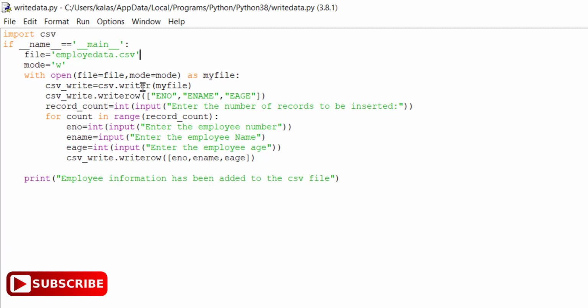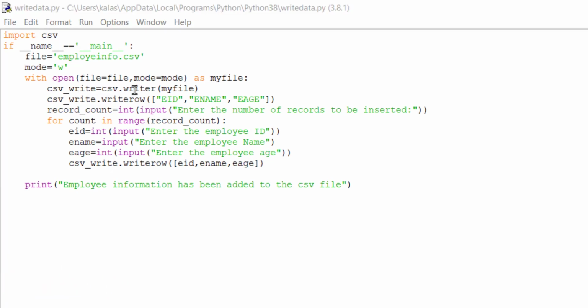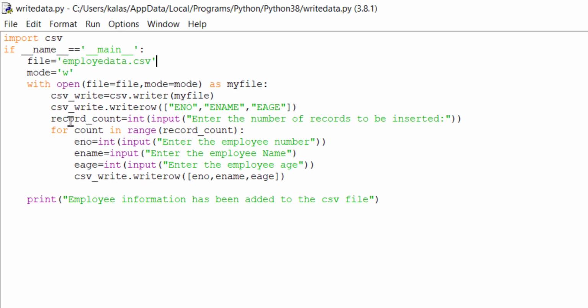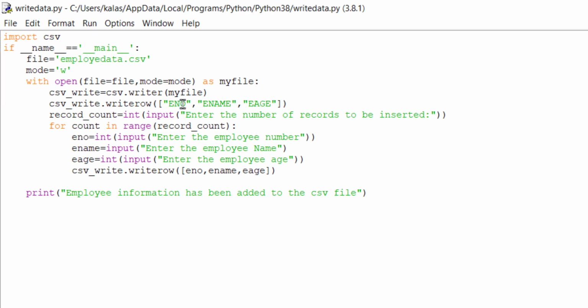This method will write the data into the file. This writer method will return one object that will be stored in the csv underscore writer variable. After that, using csv underscore writer dot writerow, which is a method, I write the column names for my .csv file.